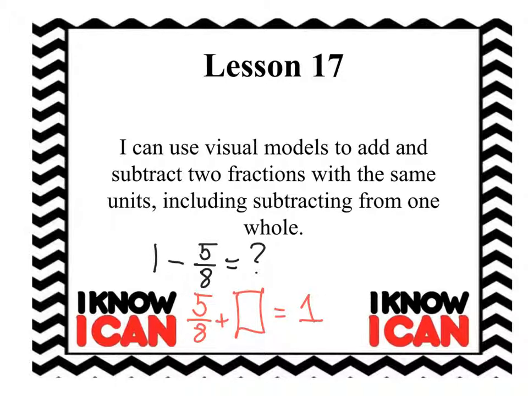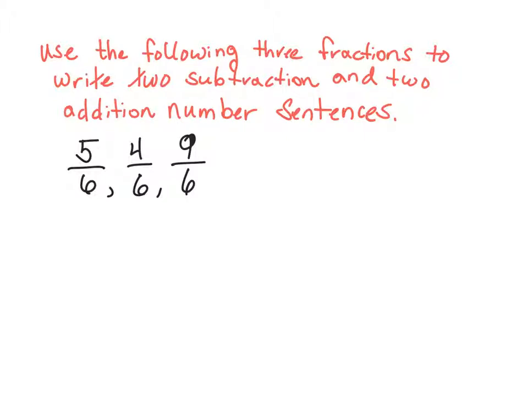So let's get started. Use the following 3 subtractions to write 2 subtraction and 2 addition number sentences. So what we have here, we're used to seeing this when we had to write our fact families, and we're going to use these 3 fractions. We have an improper fraction, a fraction greater than 1, and then we have 2 other ones. So what we're going to do is show the different fact families that we can create from